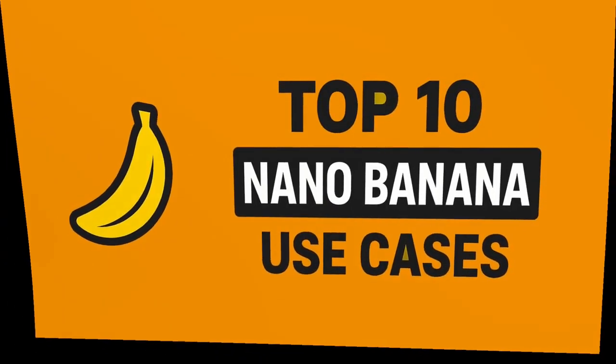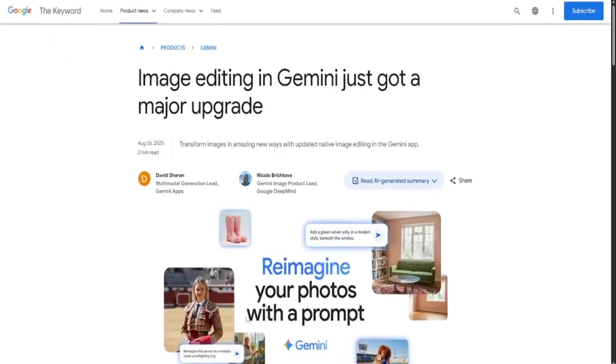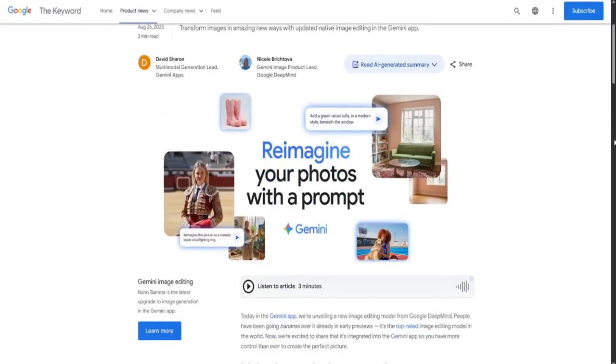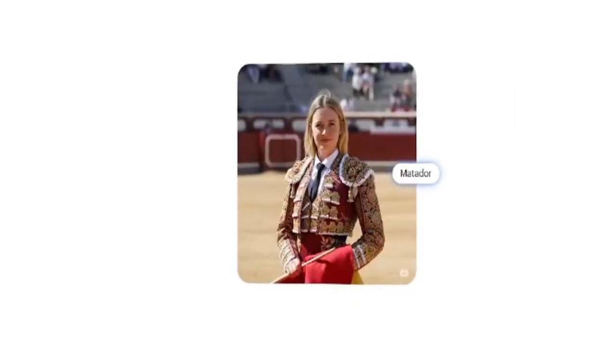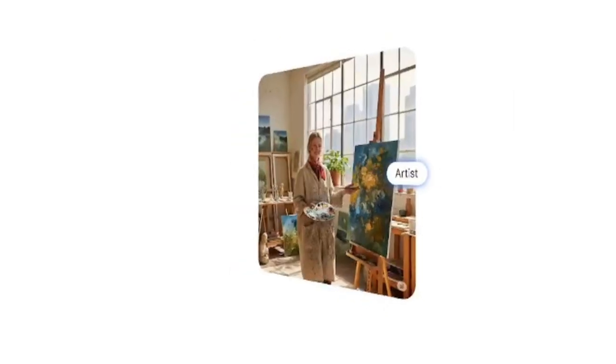Unless you are living under a rock, you are aware of the release of Nano Banana by Google and how powerful an AI image editor it is. In this video, we'll explore the top use cases of Nano Banana that professional image editors need to know about, and by the end, you'll see why this tool is quickly becoming one of the most talked about AI platforms